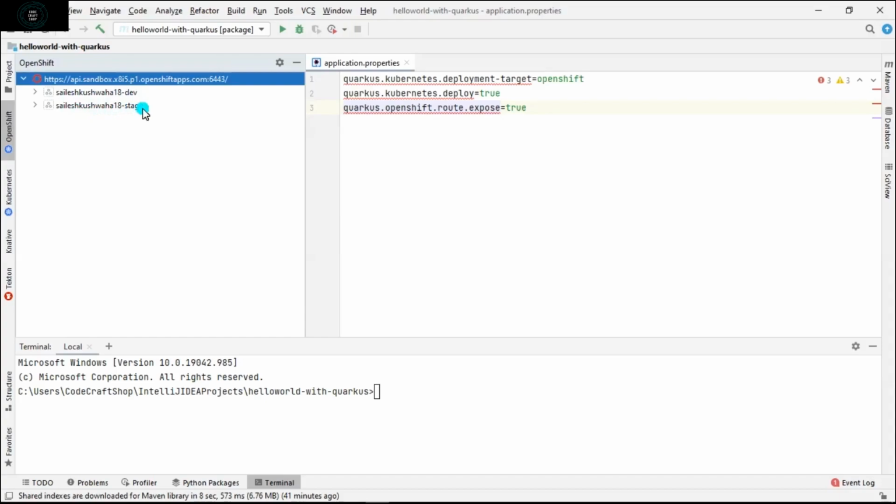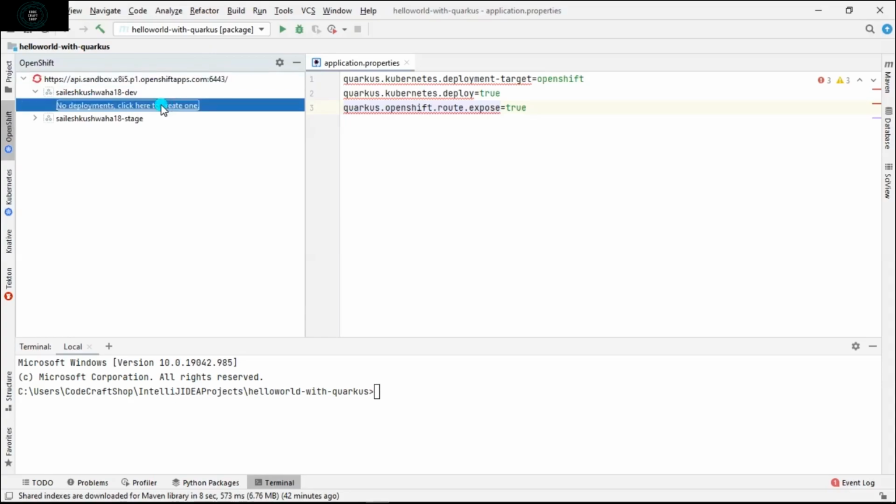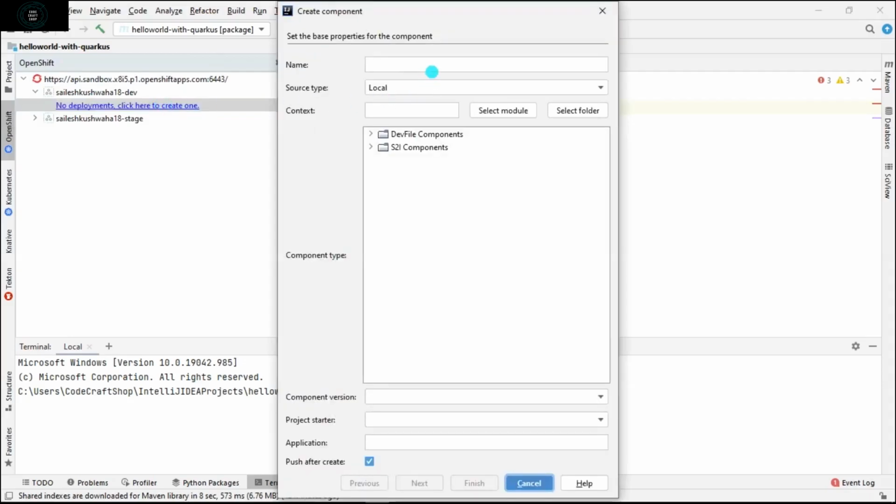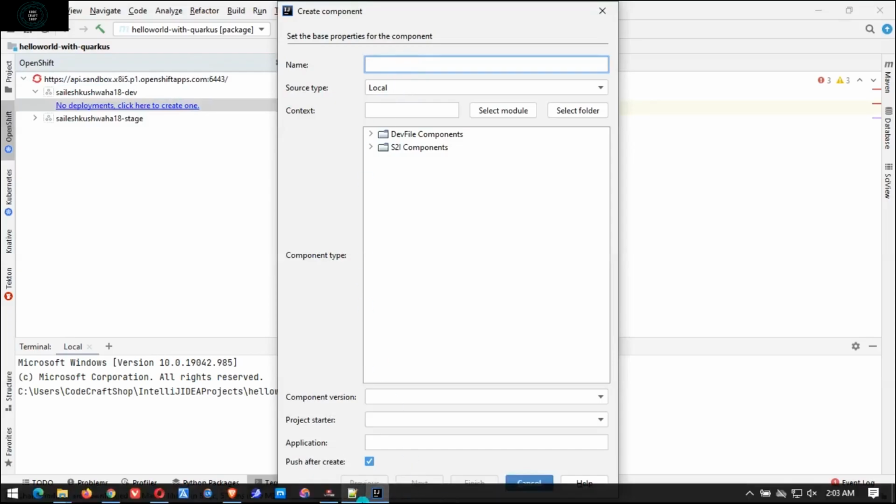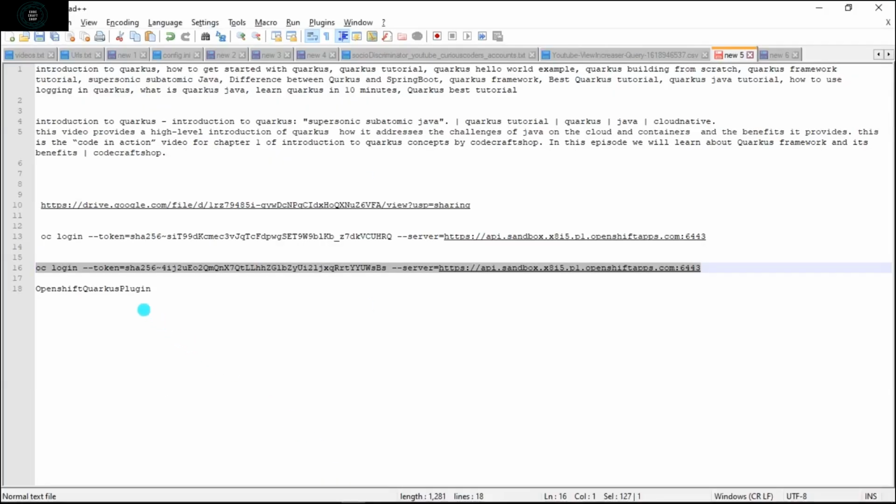So now we are going to deploy the application. In order to deploy the application, we need to go into the project, and then we will create a deployment. So I need to double click on this, and then I will pass the name of the project.